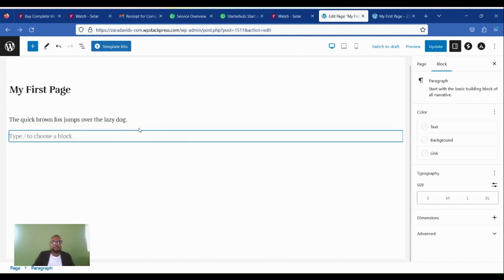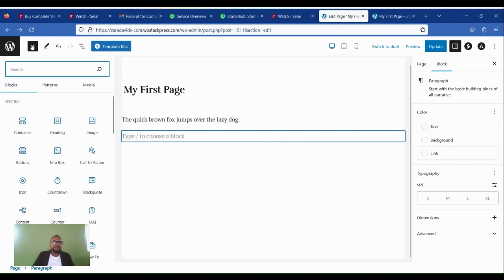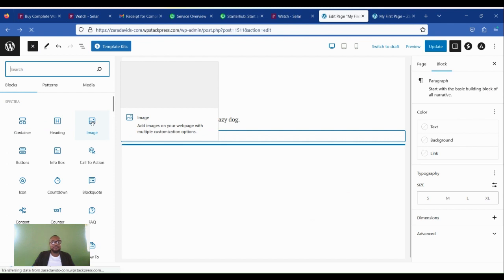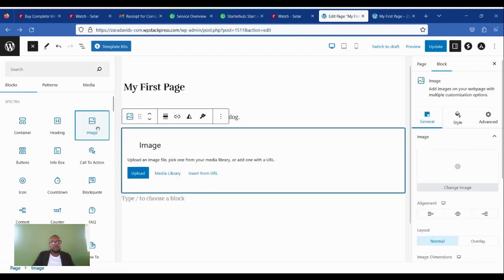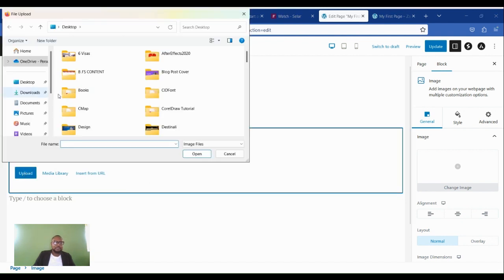If you press the enter button, it's going to take you to the next block. So you can change the block from here or here. If you want to add images, you can choose the image block. Once you choose the image block, it's going to let you import an image from your computer or your image library, or even enter a different URL and insert your image. Let's import an image from our computer. So you will have to click upload and choose the folder that contains your image